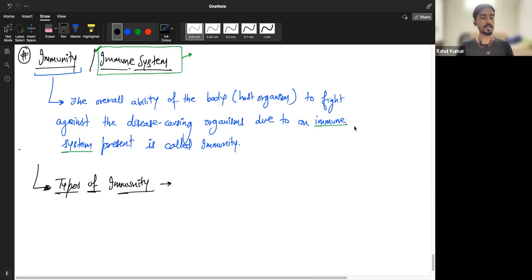Invertebrates only have innate immunity, whereas vertebrate animals have both innate and acquired immunity. You cannot have acquired without innate, so that's